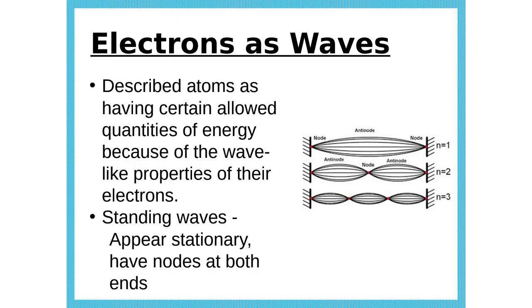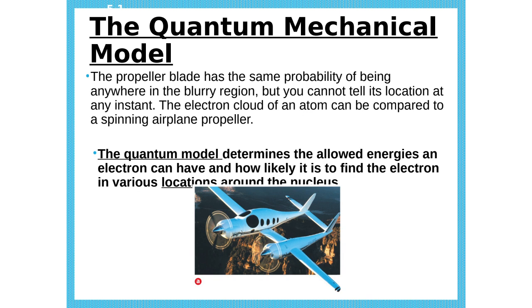So the idea that the electrons were behaving as waves was a rather revolutionary idea and paved the way for this new model of the atom. Treating electrons as wave-like particles allows us to apply this quantum model, where allowed energies are given to an electron, and it also states how likely it is to find the electron at certain locations around the